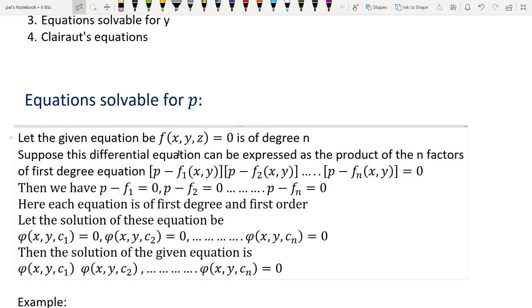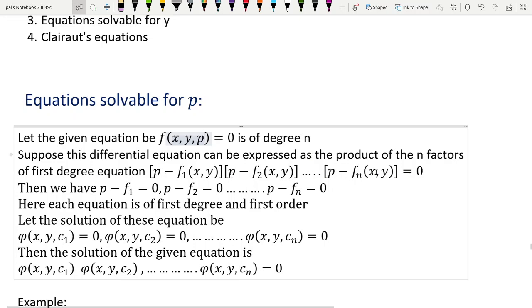How is the equation solvable for p? Let the equation be f of x y z is equal to 0, of degree n. Suppose the differential equation can be expressed in this format. Actually this is not f of x y z, this is f of x y p. It is a function of x, y and p. F of x y p is equal to 0, of degree n, and we factorize that like this, as